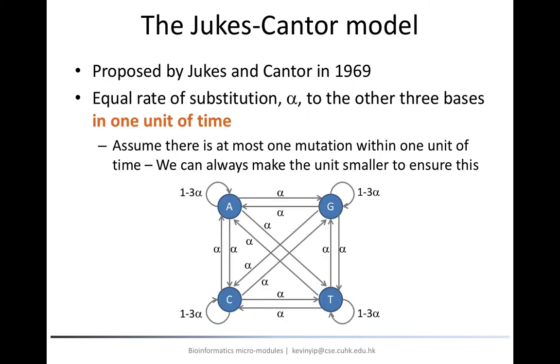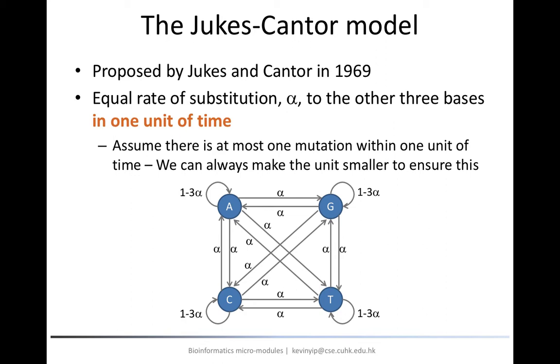The mutation model that we are going to study was described in an article by Thomas Jukes and Charles Cantor in 1969. This model assumes that time can be discretized into small units. In each time unit, at most one mutation can happen at each site. This assumption is actually not a big problem, because we can always make the actual time corresponding to each time unit shorter, to the extreme of an infinitesimally small duration.